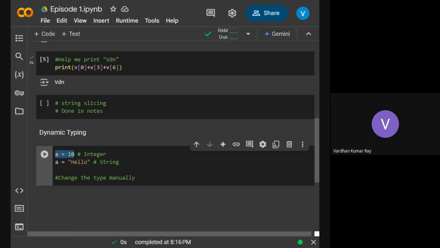What happens in Java also, as I said, I'm not very much aware of C, but in Java I write int A, then I write A equal to 10. In that way, I allocate a memory location where I can store that value. But in Python, it happens very dynamically, which also makes it slower. So this is the dynamic nature of variable types in Python.